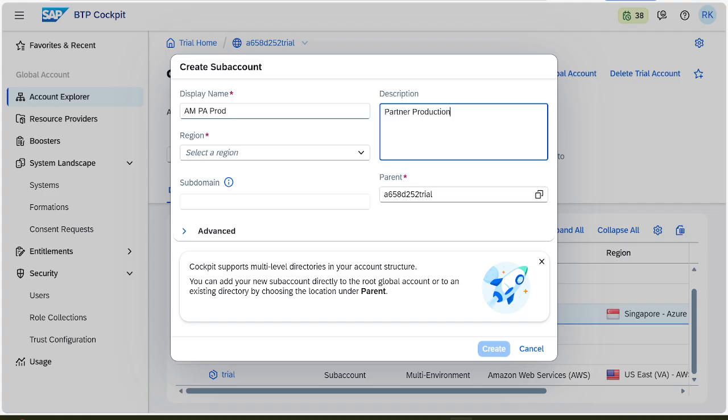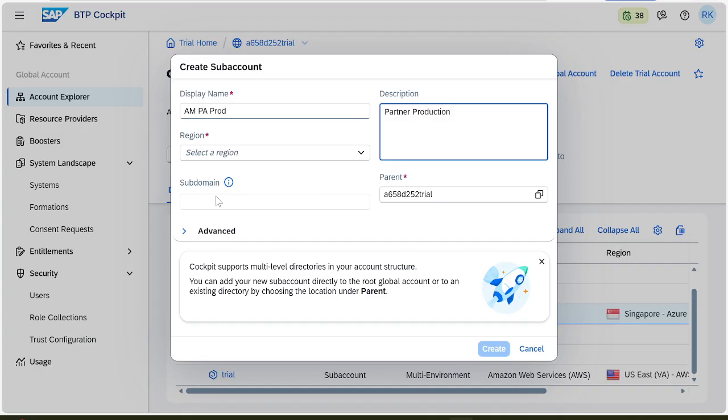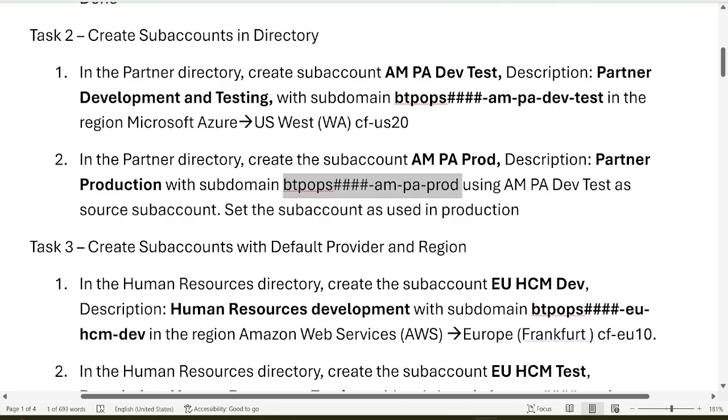So make sure. Next, subdomain. I am going to copy here. Okay, I am unable to paste the subdomain. Why? Because I have to select the region, using dev test as the source sub account.